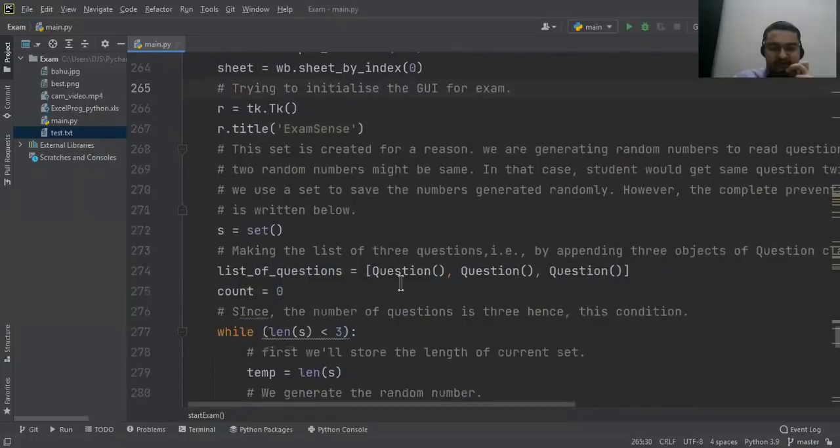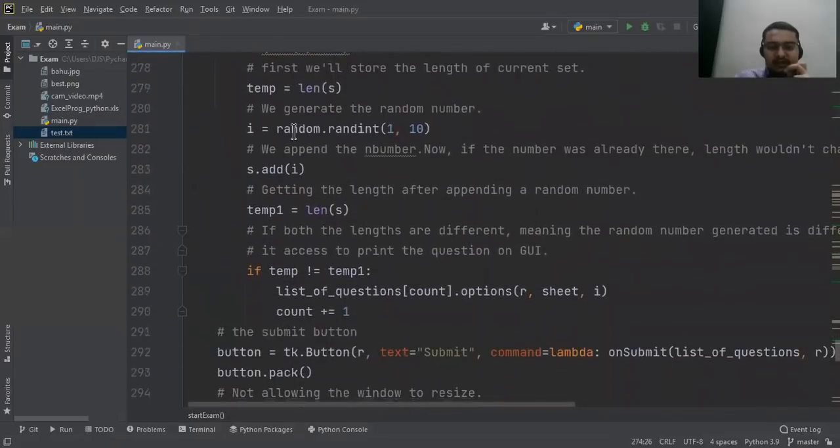And then I would just make a set of the number of questions, so that every time it's a random question, and because it's a set, repetition isn't allowed. And therefore at the end of it, whenever the length of this set equals 3, I would end up with a unique question set. And so I have a few questions over here, which are essentially question objects, and then I'll be calling them.